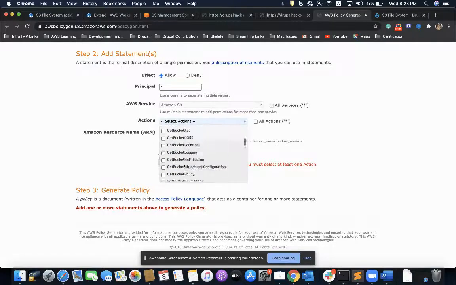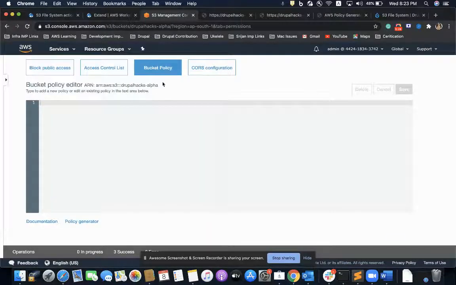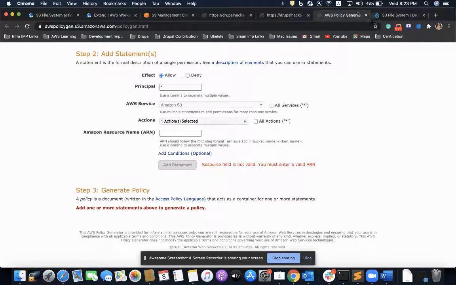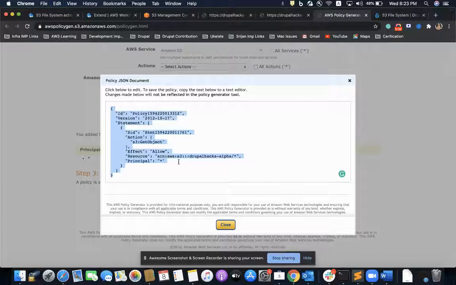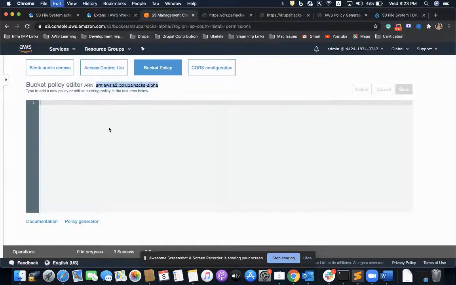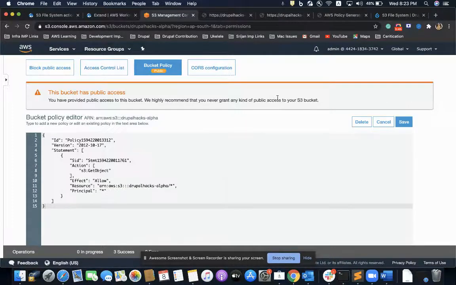Allow get object, and the ARN is the ARN of my bucket. I have to enter star to allow everything inside the bucket. I'll generate the policy, copy it from here, paste it, and save it.